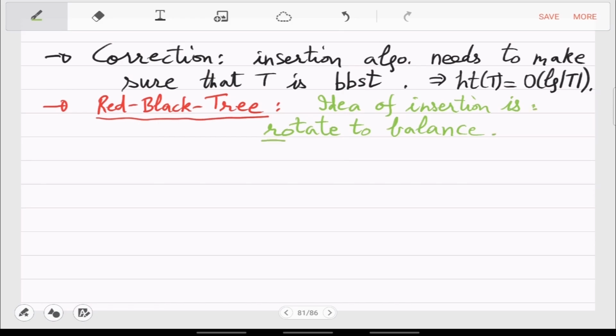Have you seen this before? Red black trees, or how to rotate when the tree becomes unbalanced. That is the main trick. A very simple example: when you have 49, 66 and 50, is this tree balanced or unbalanced? This is unbalanced because 49 has 0 and 2 on left versus right. So the way to balance it is to rotate in the anti-clockwise direction.